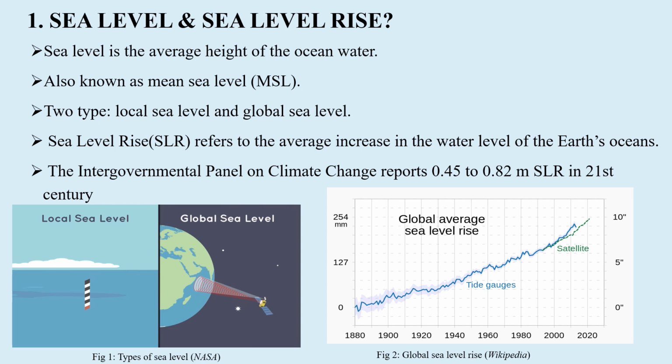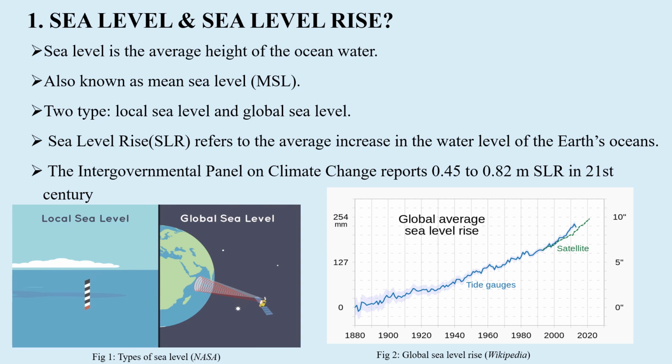The sea level calculated with this type of measurement is known as the local sea level, as seen in figure 3. Similarly, there is another method in which satellites orbiting around the Earth measure the sea level constantly, and this type of measured sea level is known as the global sea level, which is mostly used. And we also know that the global mean sea level is a type of vertical datum as well.